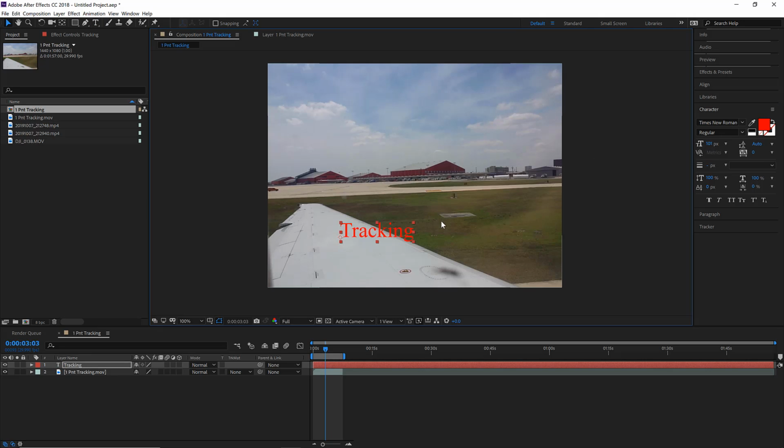Okay, and I'm gonna place it here, or I can just pretty much place it anywhere I want, and then I can modify that later. But the important thing is that you name the layers that you want to be tracked, and then I would go